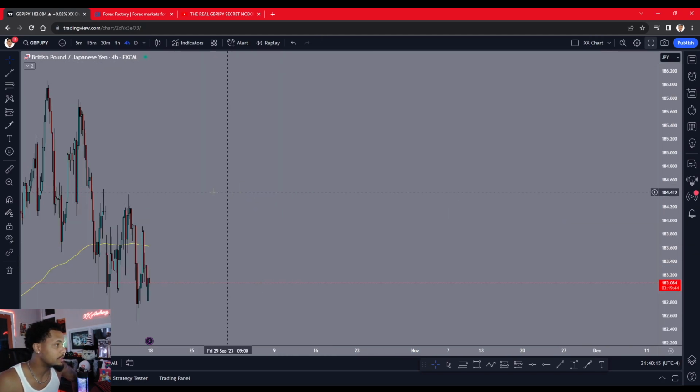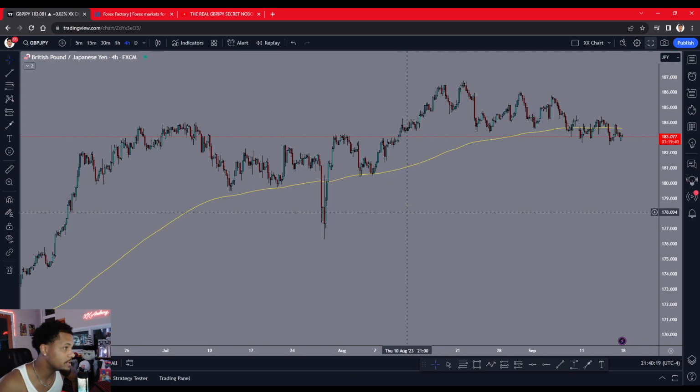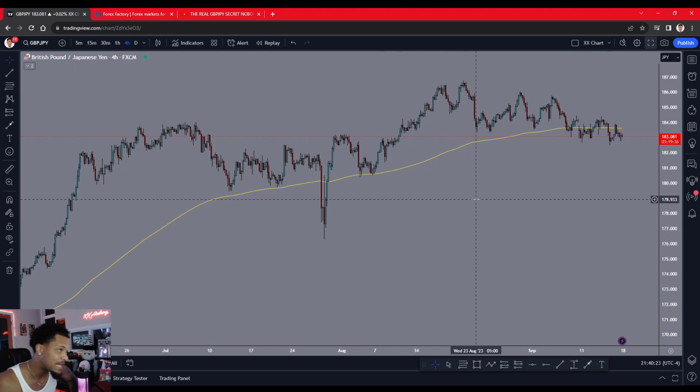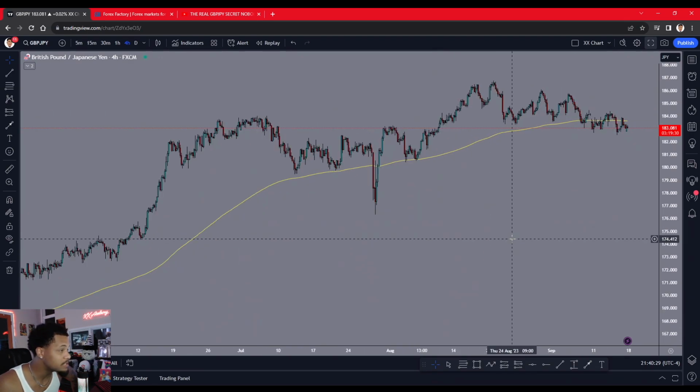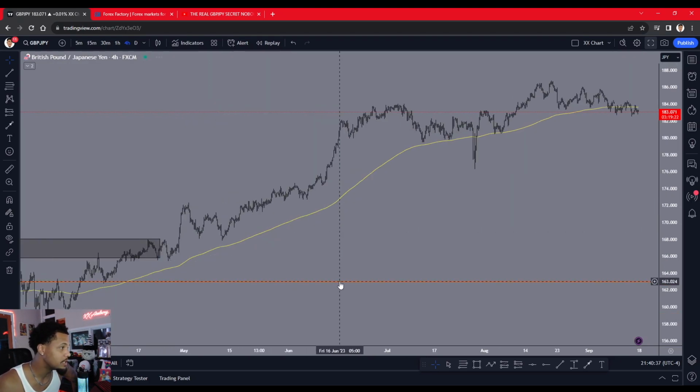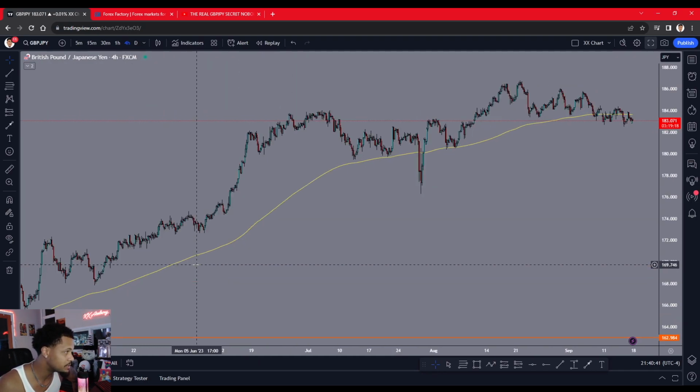Now, another thing, you see this yellow line. This is called a moving average, right? I have a 200 EMA on my charts. So basically what this looks like, it's a dynamic support and resistance, right? So it's moving with the charts. So when price is above this yellow line, this EMA,